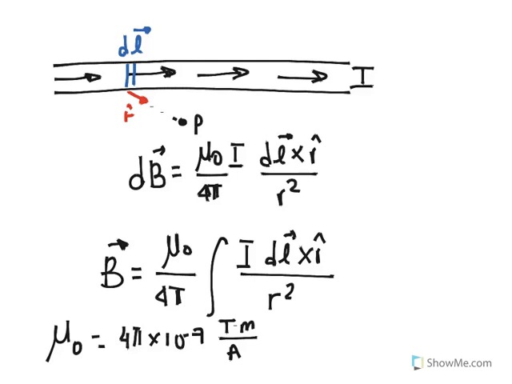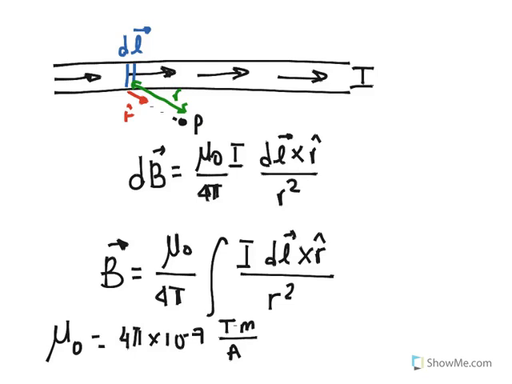And r is the radial distance from the differential towards the point of evaluation. And this r, which has a hat, gives me the unit vector that goes in the direction of r. So in this sense, we should do an integral and we should do a lot of transformation. We're going to do this for certain